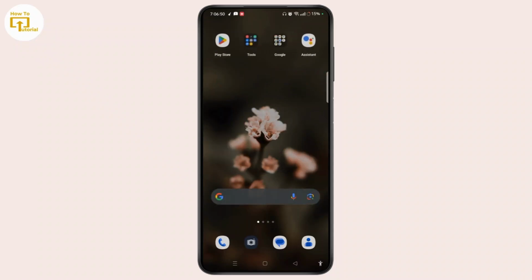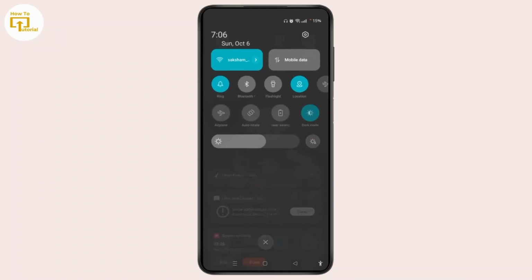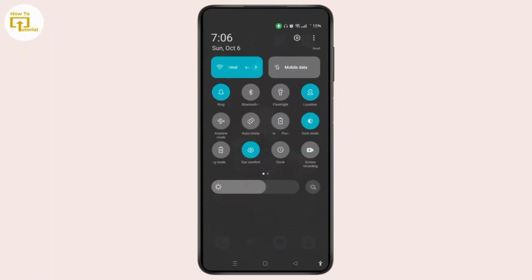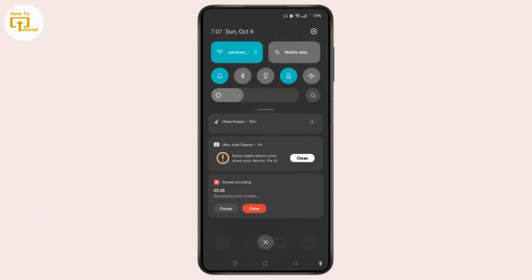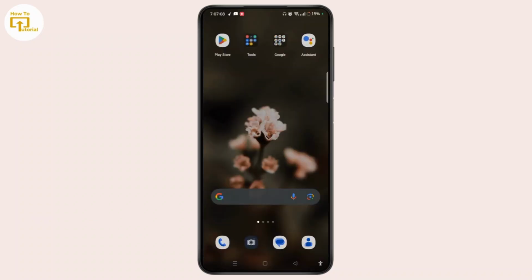reducing the screen brightness. It is also one of the biggest battery consumers. Simply swipe down from top of the screen to access the quick settings menu, and here with the help of the slider you can adjust the brightness and lower it so that we can help to resolve the battery